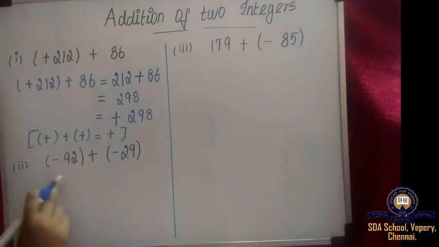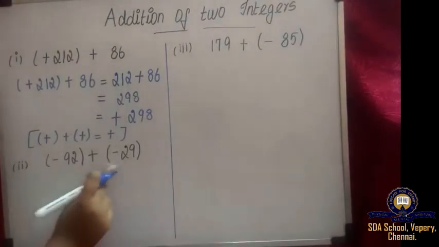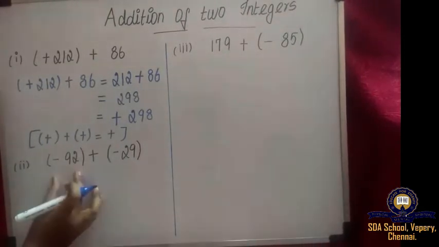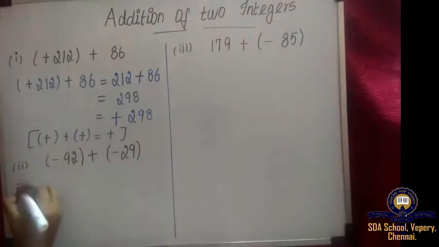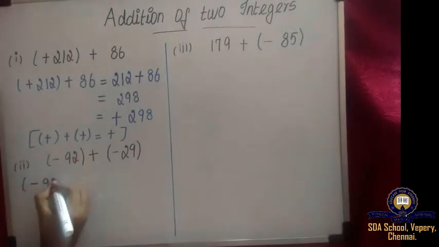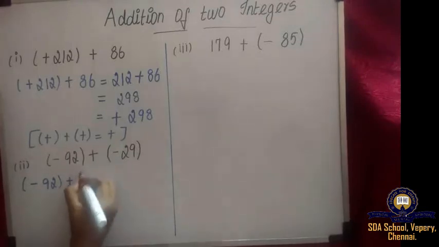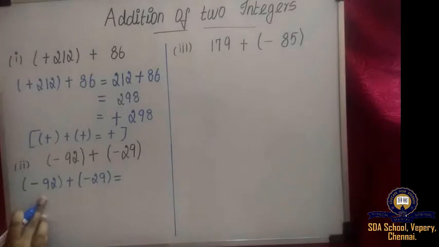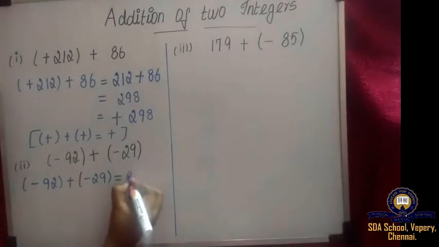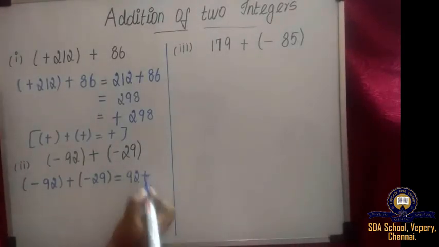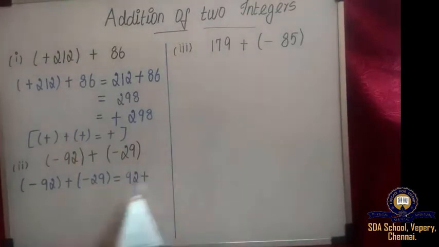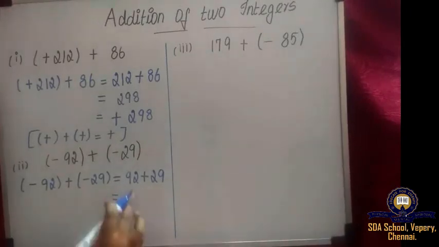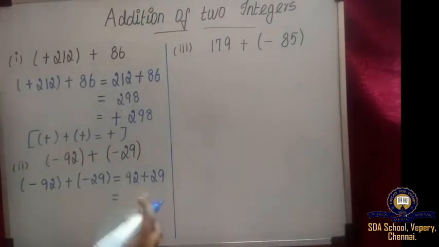Next question is minus 92 plus minus 29. Here both the integers are negative, minus 92 and minus 29. So in the first step, what you have to do? You have to find the sum of their absolute values. So what is the absolute value of minus 92? It is 92, plus the absolute value of minus 29, which will be 29. 92 plus 29 is